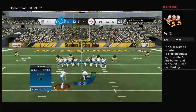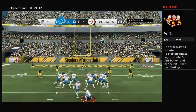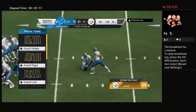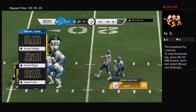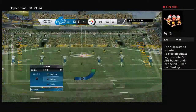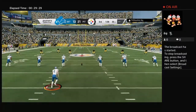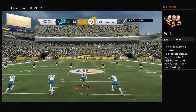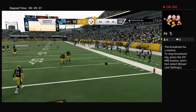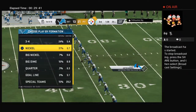Now they'll line up to kick the extra point. And this time he gets it to go as it is up and good. Steelers 21, Lions 13. So the lead trimmed down to 8 as here comes the kickoff, and it's away. The Steelers take over first and 10 at their own 25-yard